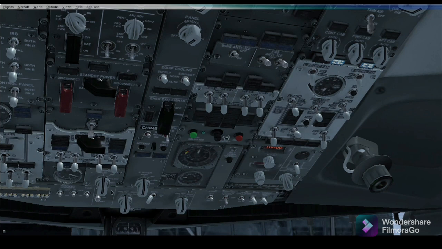This panel controls the standby electrical buses: auto, BAT, and off. Auto is the normal mode and will engage the battery and standby electrical buses via the relay automatically when needed. BAT forces manual transfer to the standby electrical buses. Off means the standby electrical buses are not powered.